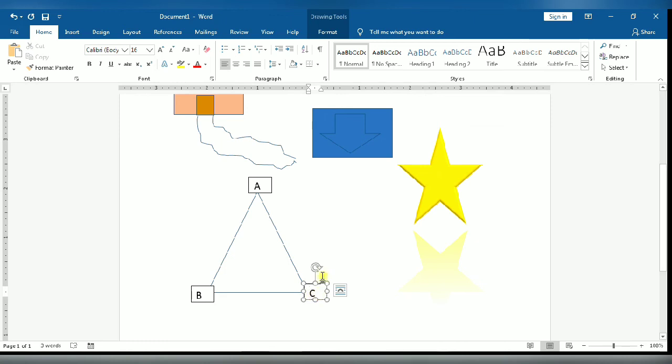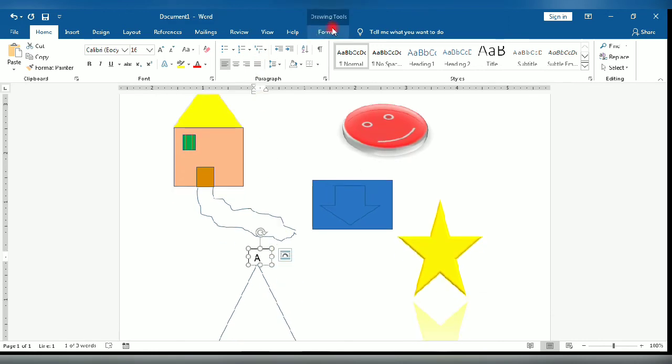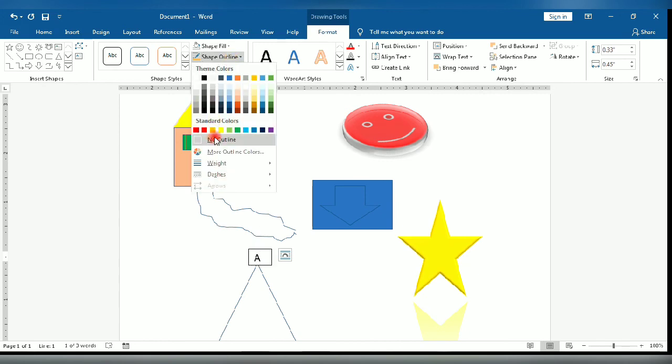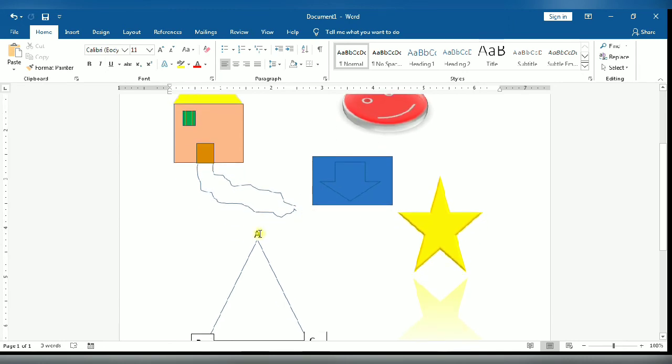Again you select this shape, go to the format tab, and go to shape outline. Here choose no outline, so you can see.